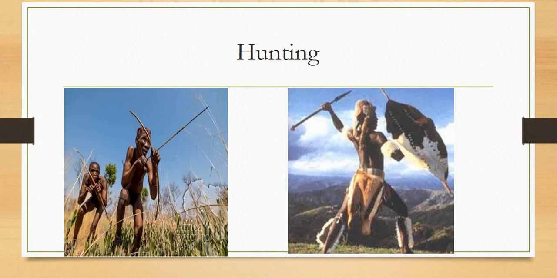But they would separate into two groups, and one group would chase the animal towards the hunters, and then the second group would hunt the animal. Now, their hunting technique was very different from the San, because the San used to use poison arrows. Because of the iron and the copper age and the technology they could use to make certain weapons, they were able to hunt an animal without using poison.